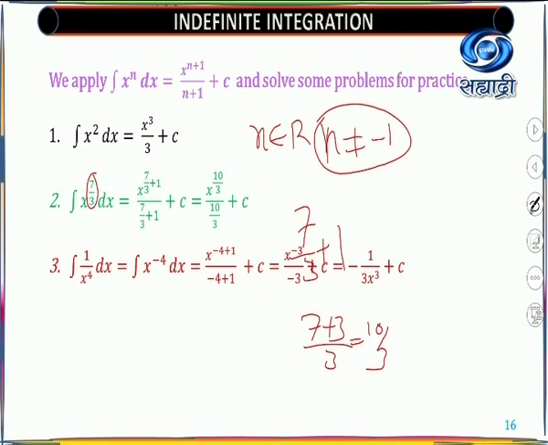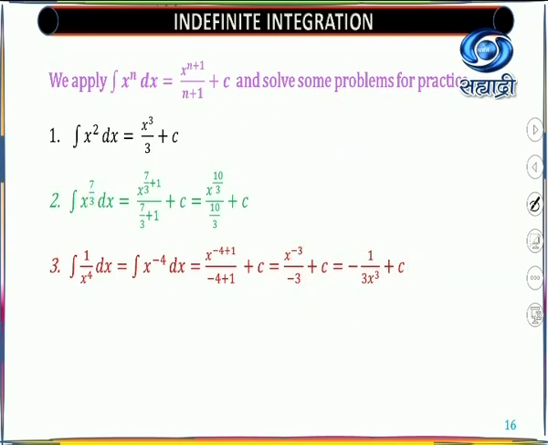Now look here. There is an x in the denominator. Integral 1 upon x raised to 4 dx. That means it is a negative power, x raised to minus 4 dx. So it gives you x raised to minus 4 plus 1 upon minus 4 plus 1, plus constant of integration. So it becomes x raised to minus 3 upon minus 3. As we use the indices law, this goes to the denominator as a positive power. So you will get 3 into x raised to 3 in the denominator. So what is the final value? Minus 1 upon 3 x cube plus constant of integration.